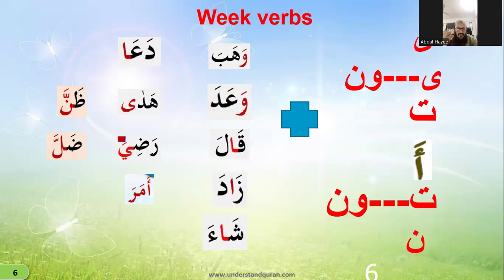You don't need to memorize the table. You need to memorize these signs of the mudari and know the three-letter verb we will place at the end of this sign. You will get that. Of course, the last letter in the mudari will always have the dhamma, except for the waw nun, which comes for the plural.